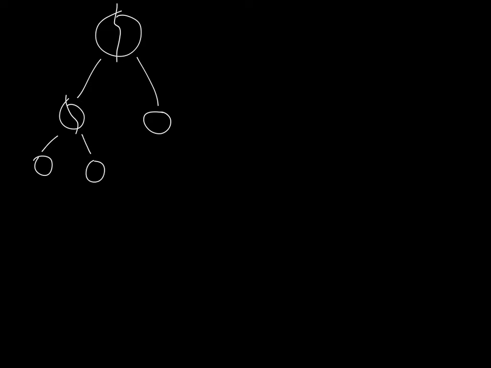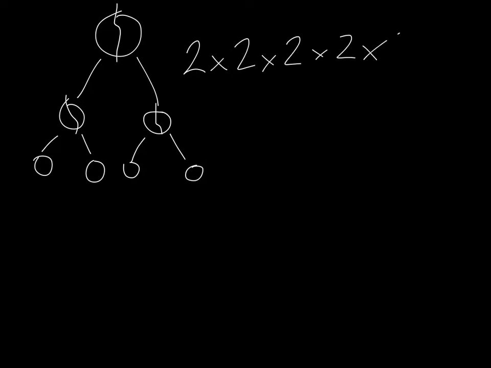So for example, some bacteria cells, like this guy here, divide themselves into two. It's called binary fission. So they break themselves down and they split into two new cells. Then those cells each break down and split themselves into two new cells as well. And what happens is every time they split, the amount of cells doubles. And what that ends up looking like in math is this: 2 times 2 times 2 times 2 times 2